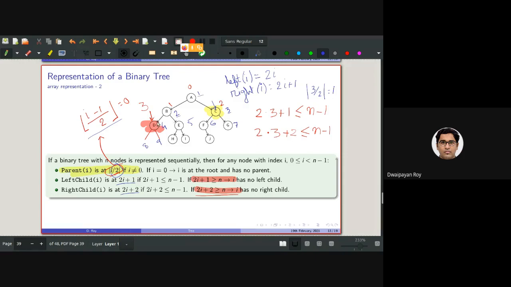But practically, in C, array starts from what index? From the 0th index. So that's why this is a much more acceptable solution from the programming point of view. Everyone with me?